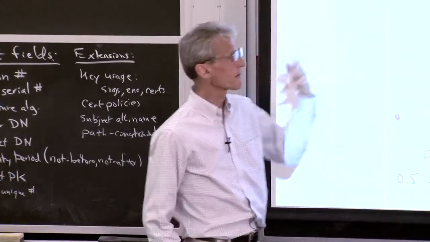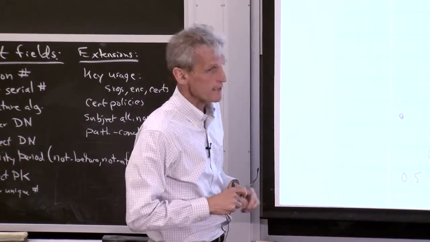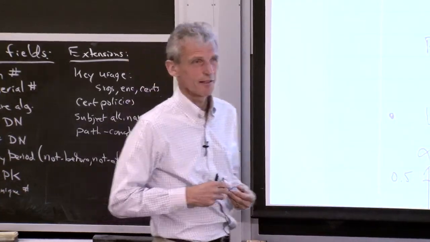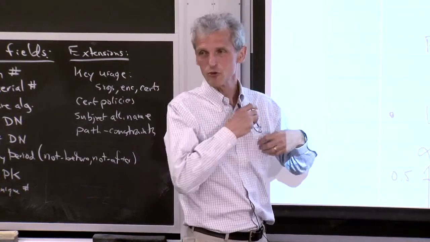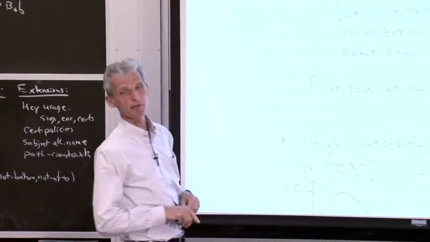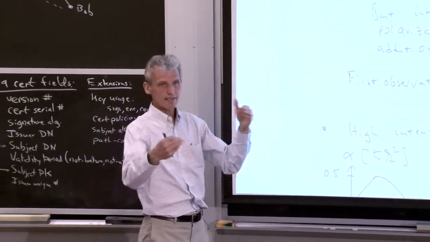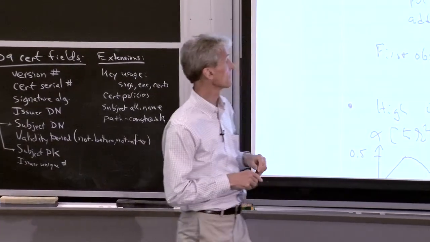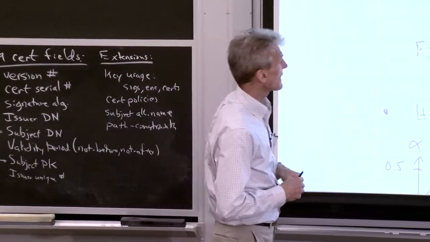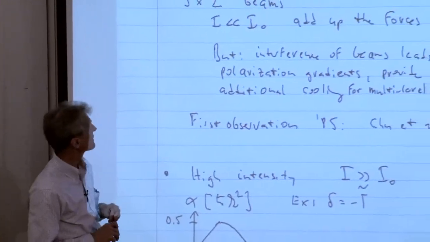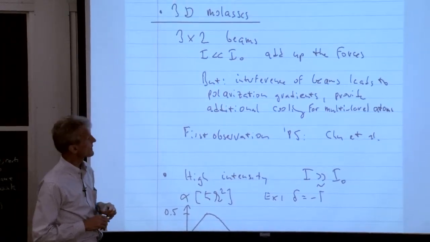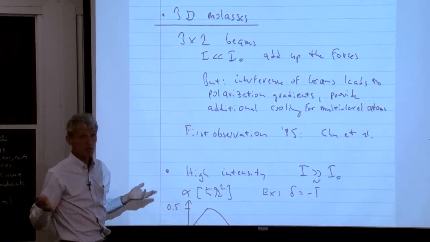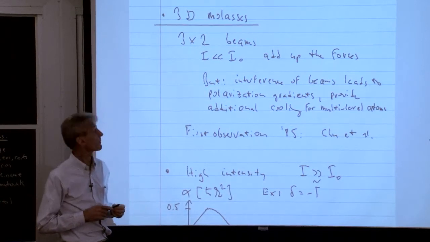Okay, let's go from, we started with 2 beams. We just discussed 1 beam, chirp slowing. And let's go now to what most of you use in the laboratory, namely 6 beams. You want to cool in X, Y, Z, so you have one-dimensional molasses with 2 beams times 3. So in the limit that the intensity is low, you just add up all the forces. Each beam has a spontaneous light force, and you add the 6 spontaneous light forces up.